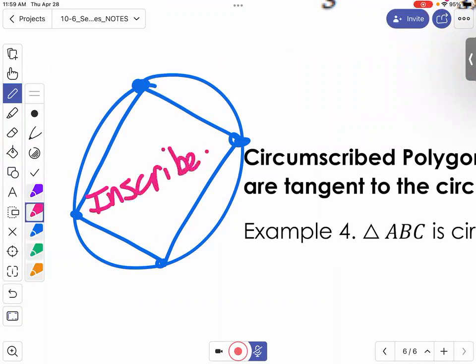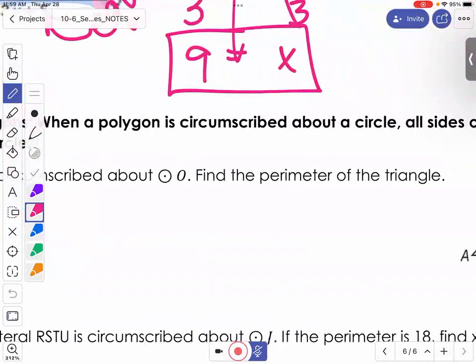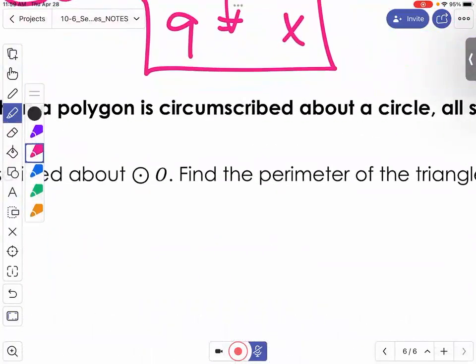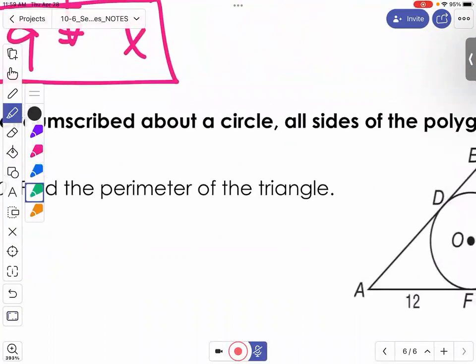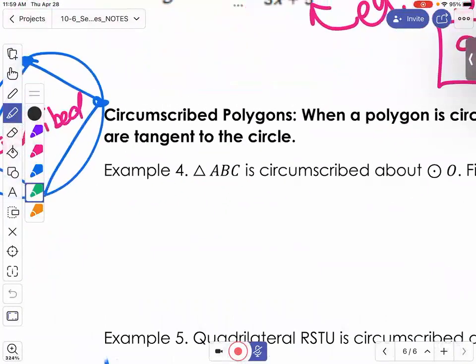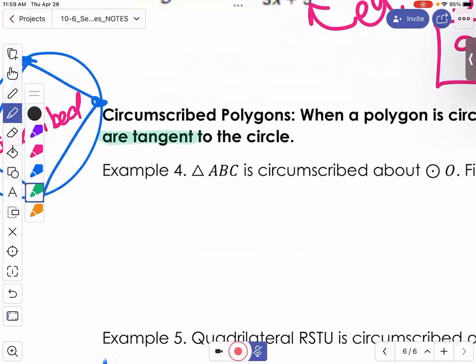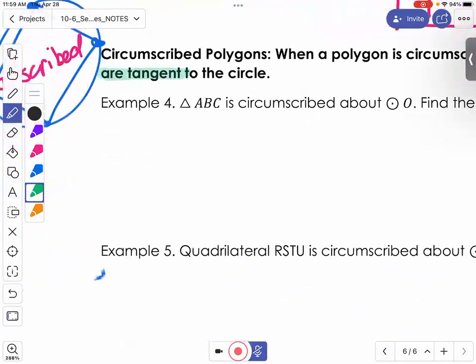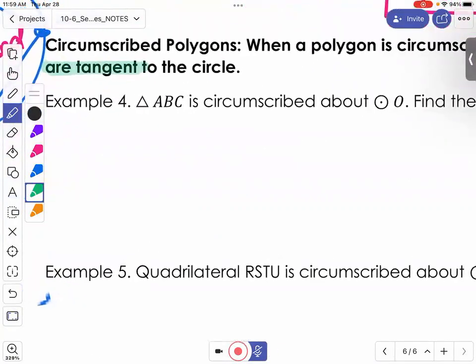When your polygon is inside, circumscribed reverses that, and now the circle is inside the polygon. So when a polygon is circumscribed about a circle, all sides of that polygon are tangent to the circle. So with that one word, I automatically get my tangents. So if I look at example 4,